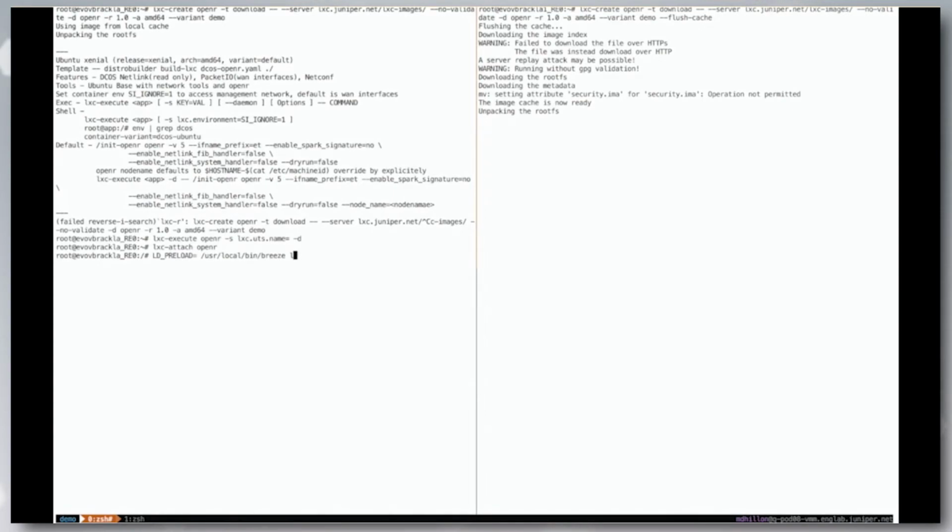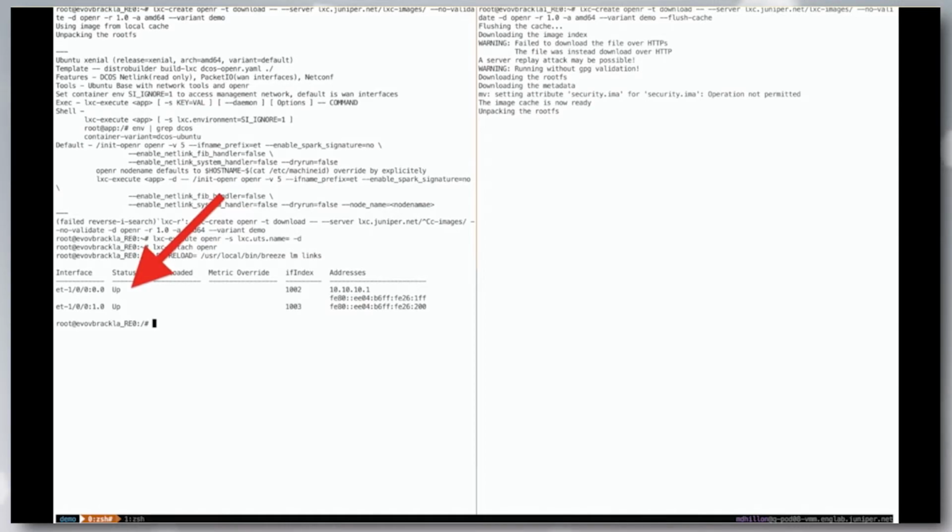Here is the list of interfaces on this router. We see that ET1/0/0:0 is up, and it is an IPv6 enabled interface. So OpenR runs on this interface. Let's look at the OpenR peers of this router. There are no peers yet.